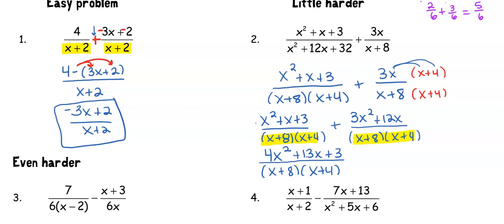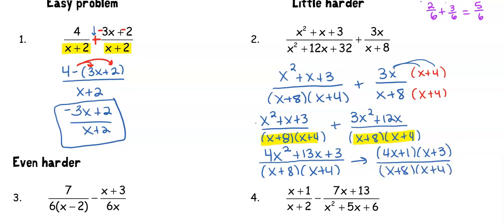But now that I am into one fraction, if you remember the multiplication division day, when you have one fraction, you do have to check to see if anything can cancel in that fraction. So after multiplying everything out, I had to go back into factored form in the numerator. The numerator is factorable. So we have 4x plus 1 and x plus 3 all over x plus 8